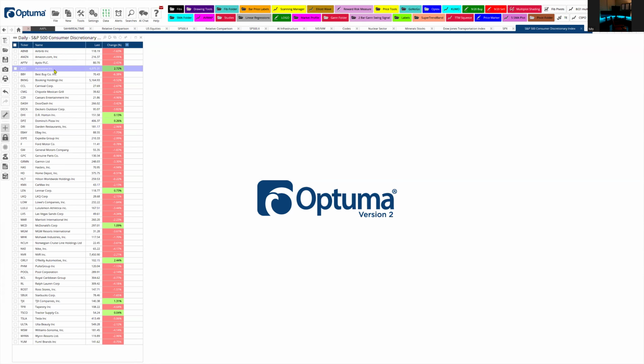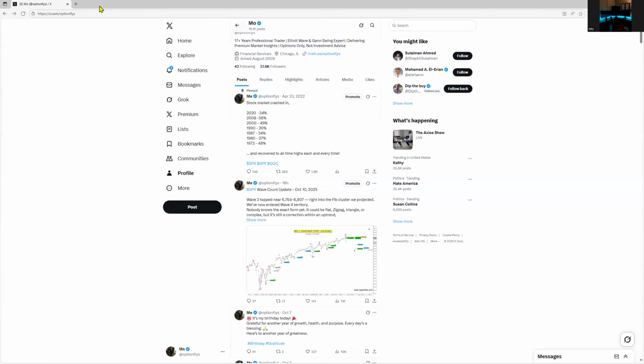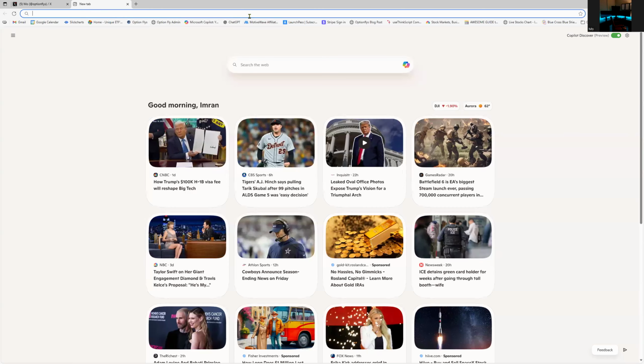Airbnb, Amazon, Booking, Chipotle, DoorDash, they're all consumer discretionary stocks. Darden, eBay, Ford, General Motors, Garmin, Home Depot. These are the companies with more weight, the ones that are killing this sector right now. So if you want to know exactly which ones